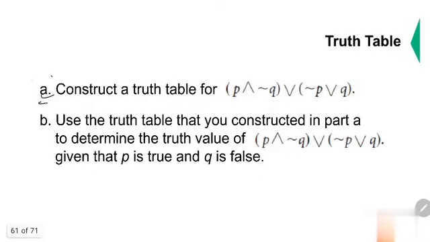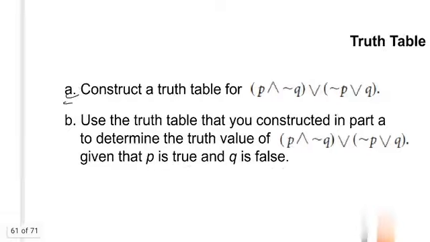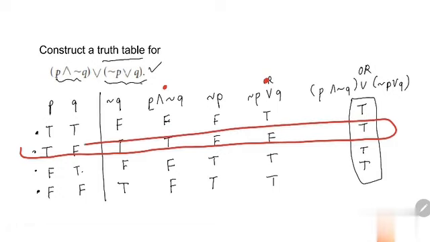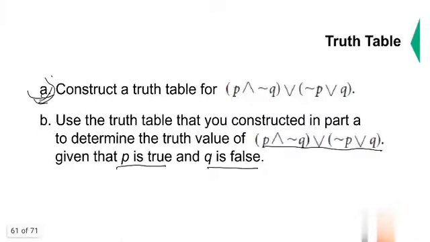Okay, so nagawa na natin yung A. We constructed a truth table. Use the truth table that you constructed in part A to determine the truth value of this logical statement kung yung P daw is true and the Q is false. So, which row is that? P is true, Q is false. So, that's actually row number 2. P true, Q false. So, true. The truth value if P is true and Q is false is, for this